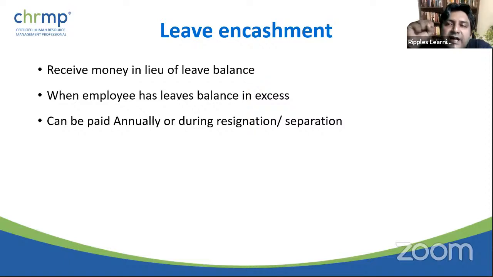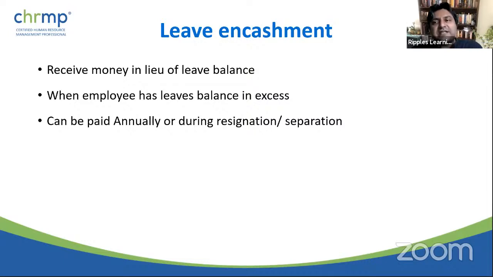And based on the number of days the person is working, every 20 working days, if one leave is given, let's say in a year you are given 15 to 20 earned leaves, you allow an employee to carry forward some leaves, or you stop the employee from carrying forward all the leaves. For example, one of the laws with the government of India is that if there are 21 earned leaves, you can carry forward 14 days of leave, right? And 7 days of leave you have to take mandatorily.